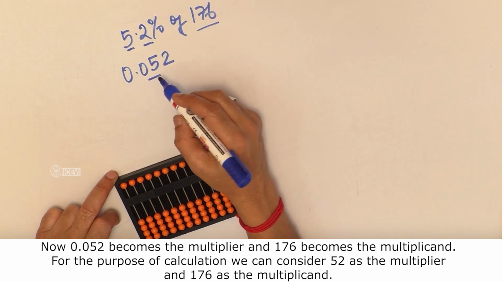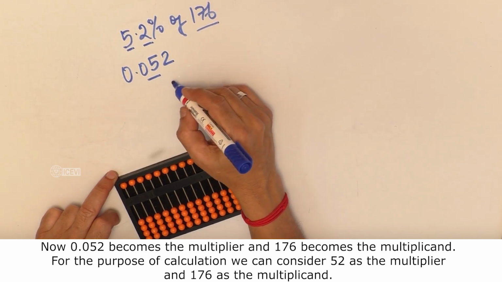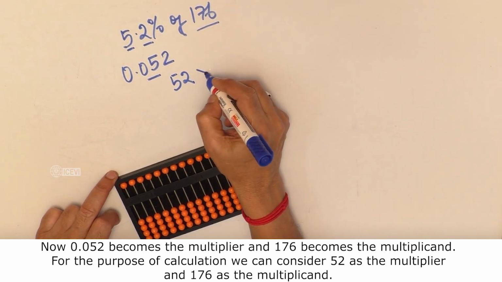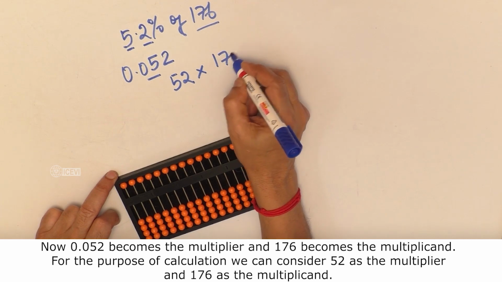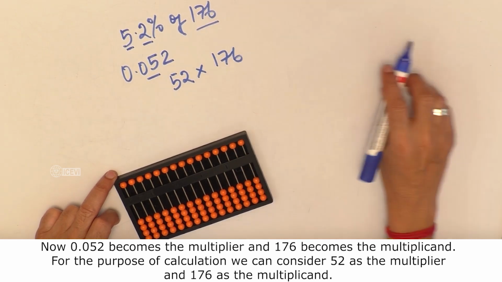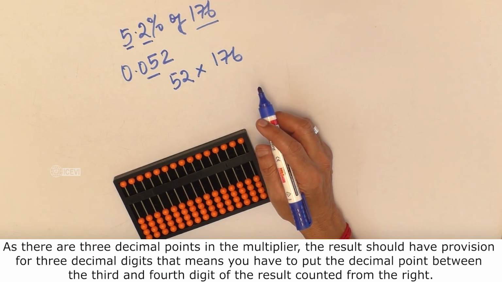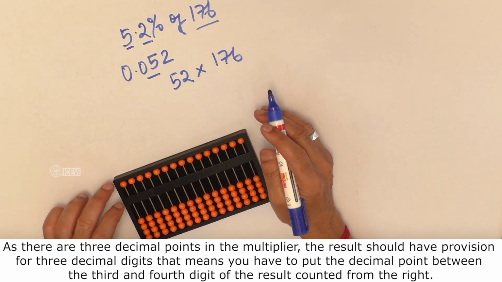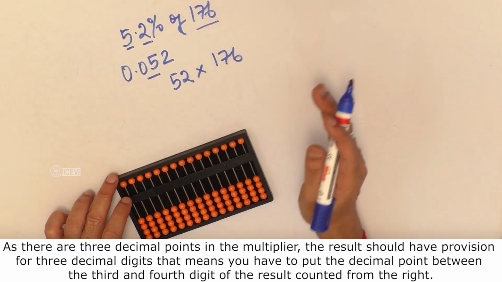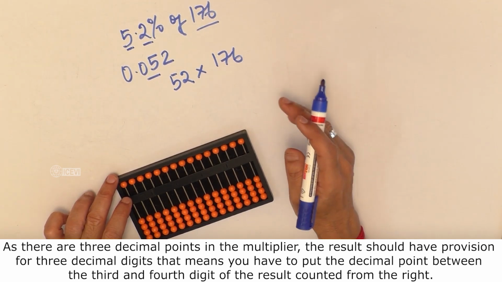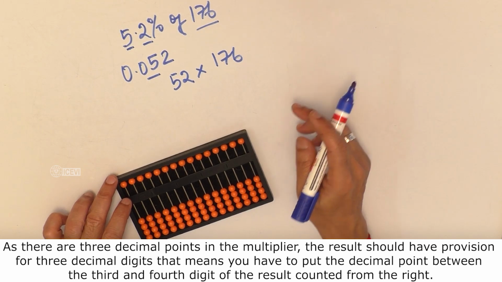For the purpose of calculation, we can consider 52 as the multiplier and 176 as the multiplicand. As there are 3 decimal points in the multiplier, the result should have provision for 3 decimal digits. That means you have to put the decimal point between the 3rd and 4th digit of the result counted from